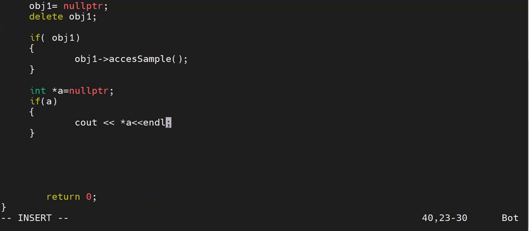So make sure you carefully use your pointers, and you make use of references where possible, because references always hold valid memory, and that's why references were introduced in C++. And as we have studied, pointers are very powerful. They are very efficient if we make use of them efficiently and wisely.